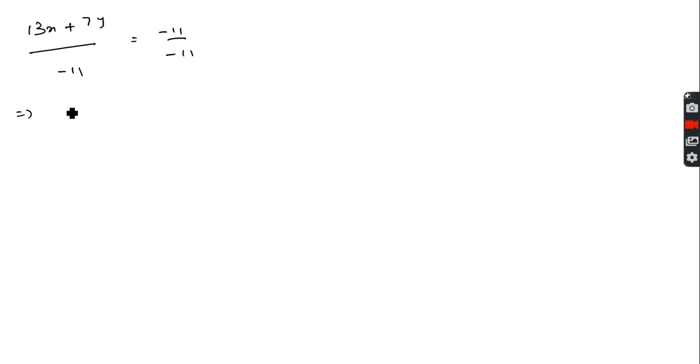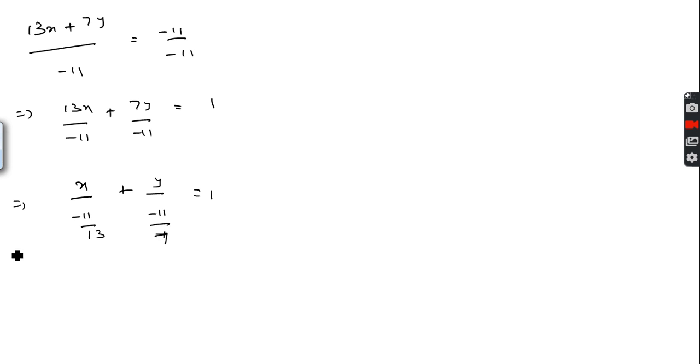So this implies 13x by minus 11 plus 7y by minus 11 is equal to 1, and it is nothing but x by minus 11 by 13 plus y by minus 11 by 7 is equal to 1, which is converted into